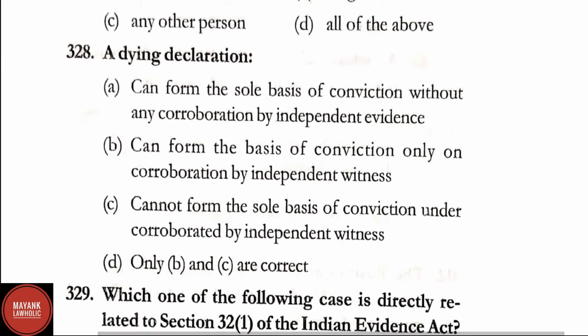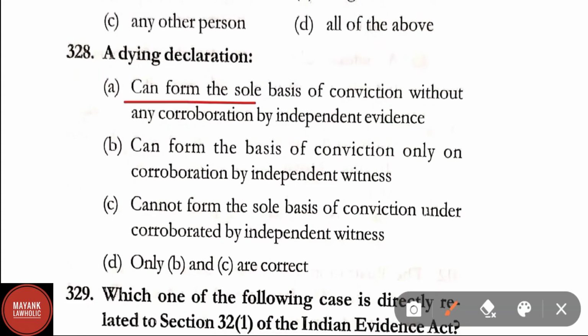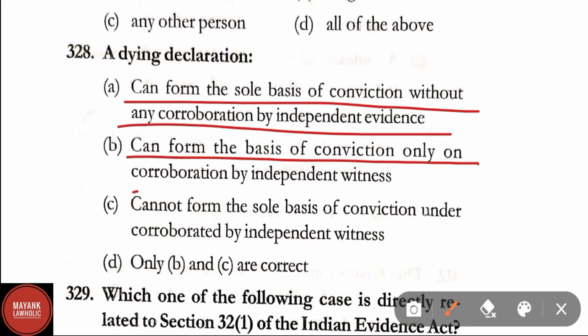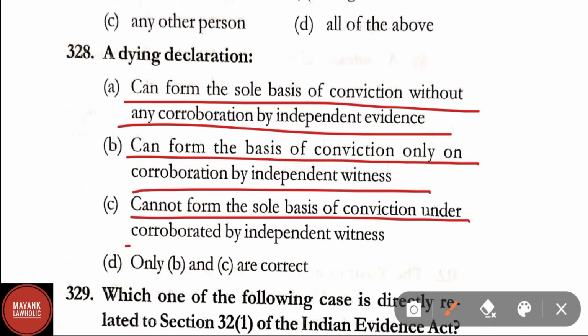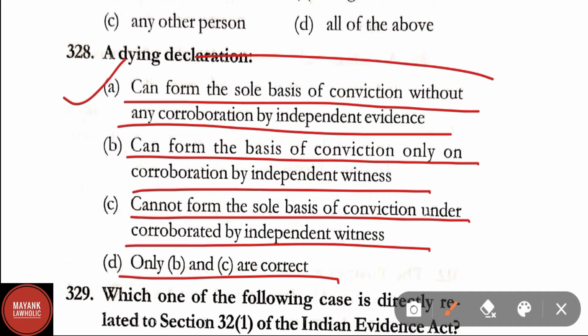Question number 328. A dying declaration can form the sole basis of conviction without any corroboration by independent evidence. Option B, can form the basis of conviction only on the corroboration by independent witness. Option C, cannot form the sole basis of conviction and corroborated by the independent witness. Option D, only B and C are correct. Here correct answer is option A, that is can form the sole basis of conviction without any corroboration by independent